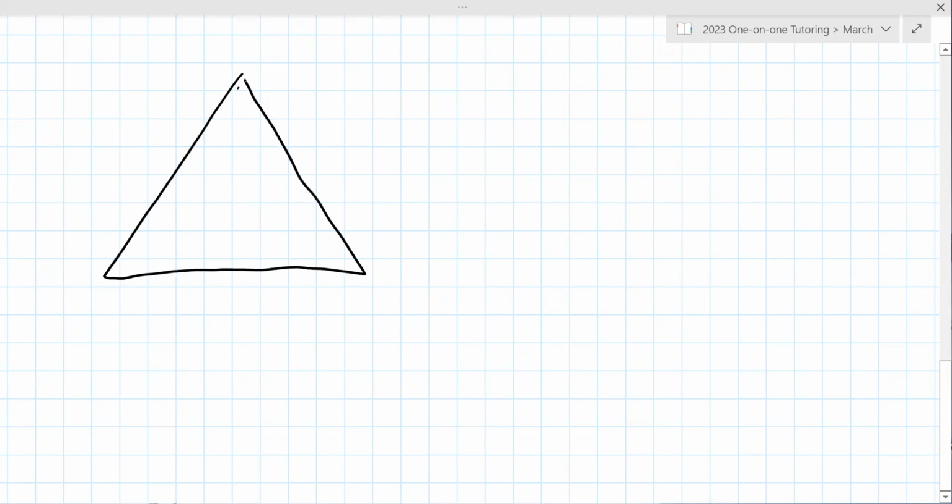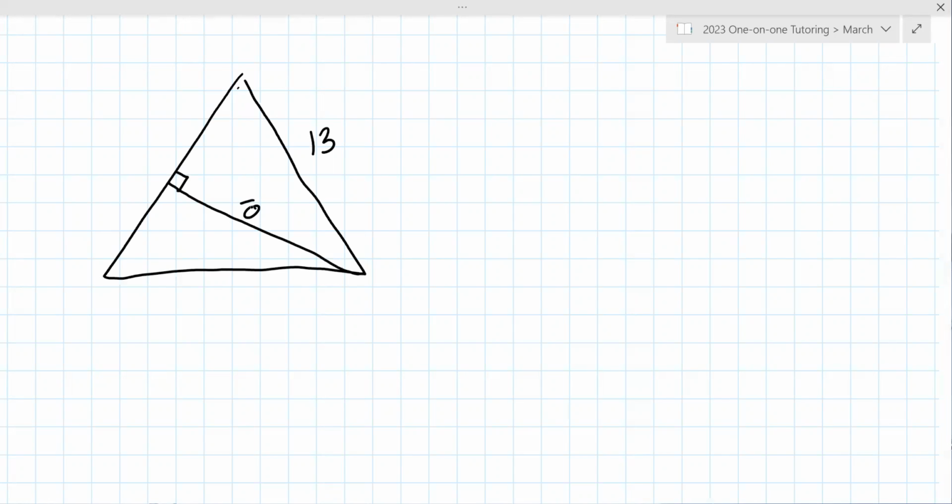So equilateral triangle, it looks like they're telling you that one of the sides is 13. Is that right? Yes. Okay. And then the teacher is giving you that this altitude is 10. Is that right? Yeah. Okay. Now,